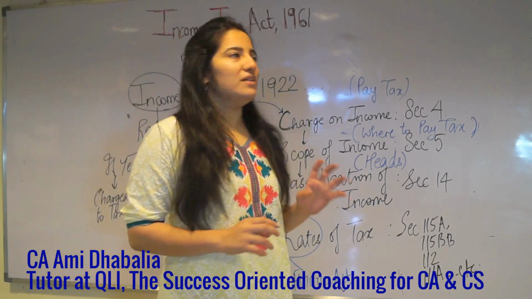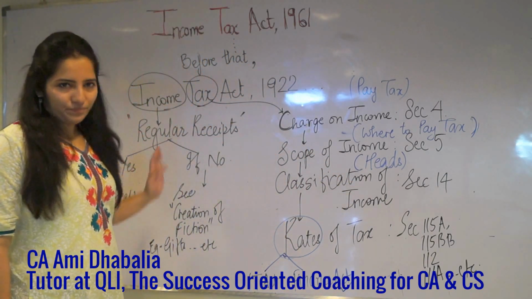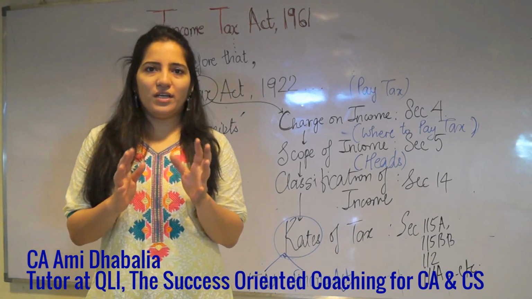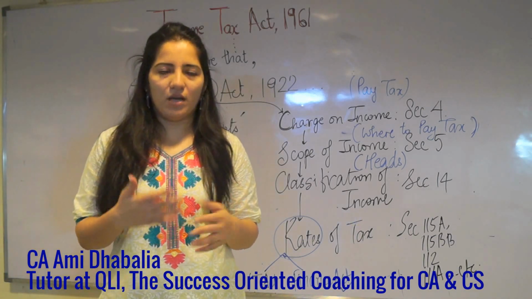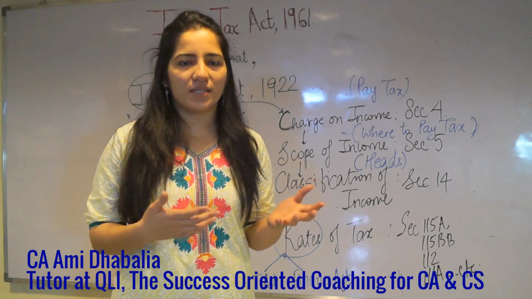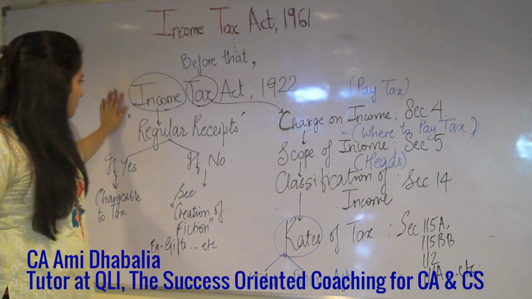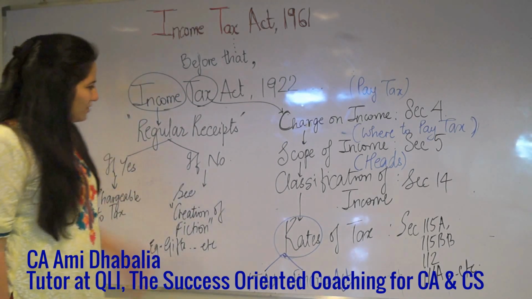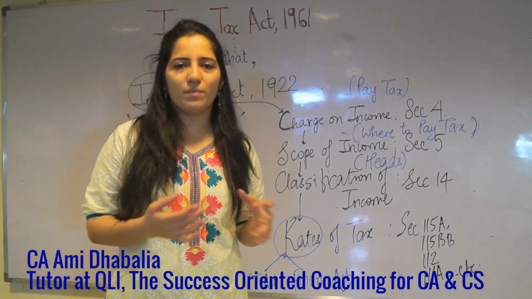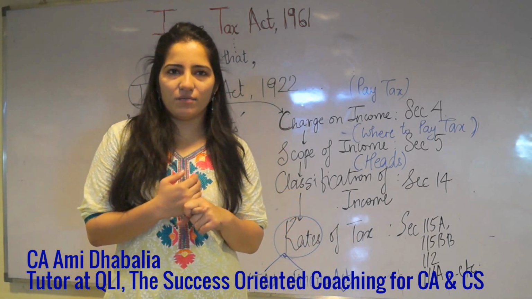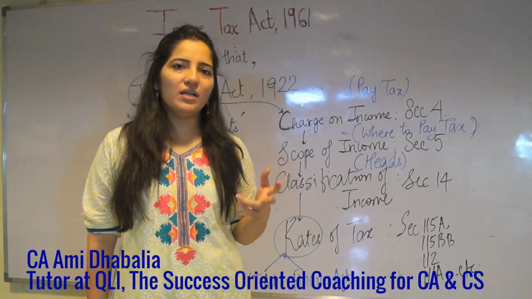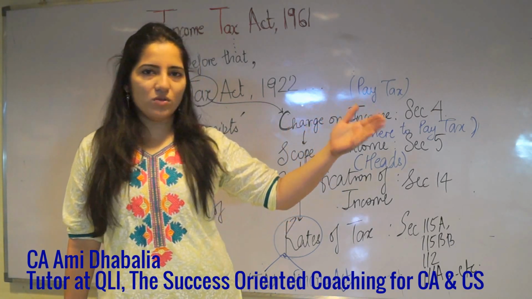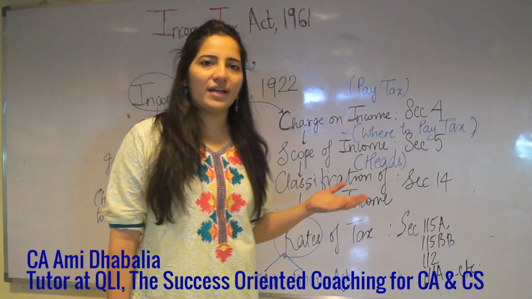So income tax is basically tax on income. Now income, as we know, what is income? A regular, periodical receipt. Meaning what you get daily, every month, every week, maybe every three months, and so on. So income means regular receipts. Now, some examples: if I have a house property and I give it on rent, I get rental income. Rental income is a regular receipt. Similarly, salary income is a regular receipt. From what do you get salary income? From employment. So if there is a house, you will get rental income; if there is employment, you will get salary.